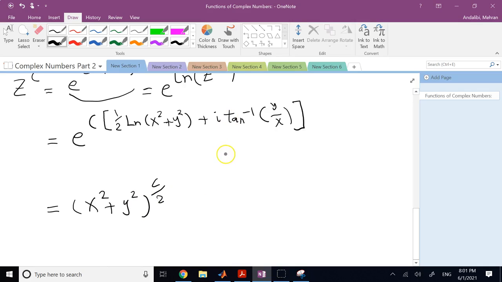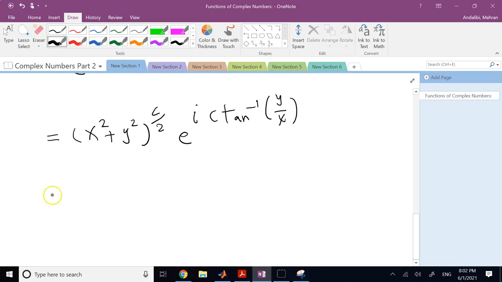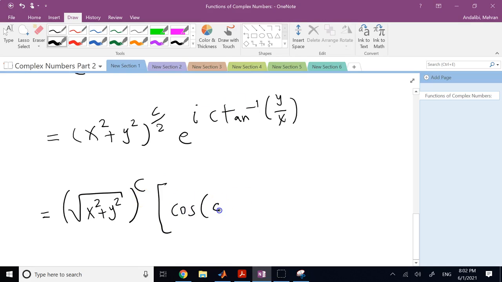and times exponential of i times c tangent inverse of y over x. And clearly this thing is the magnitude to the power c, as we had earlier with any power n when n was integer. And this part is clearly going to be cosine of c tangent inverse